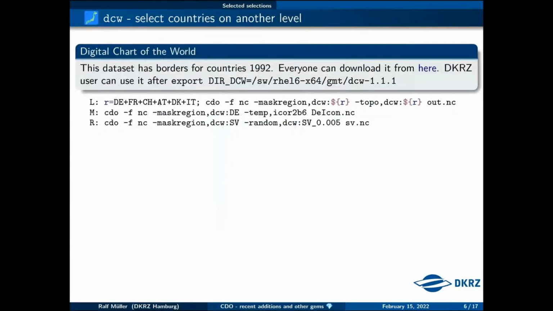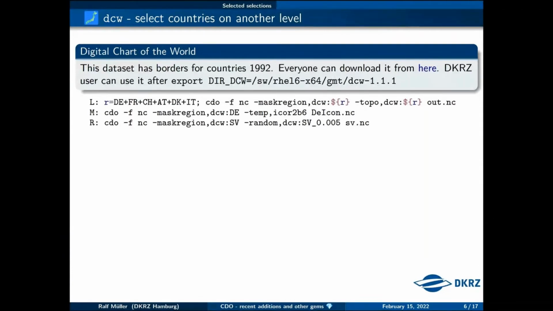So if we talk about selection, of course, you can also try to select countries. Usually you would use Salon.box for that and have to check out these boxes. And there are hundreds of these boxes. And I usually do this on a web page, by the way. But that's not really needed anymore because Uwe has included something called the Digital Chart of the World. It's a database, I think, originated from the US Defense Department or so. It's from 1992, but it covers the whole globe at that point in time. So maybe there are some political changes since then, but